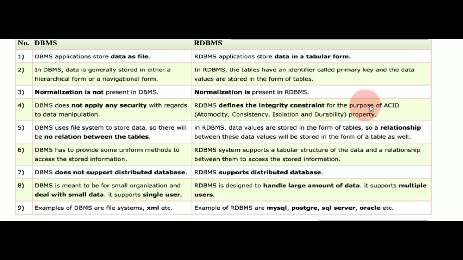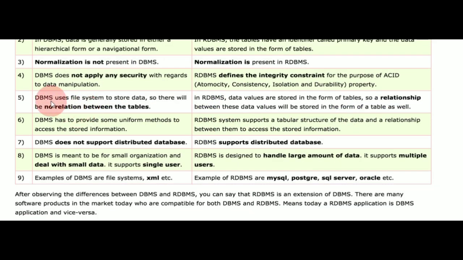So here we are going to use different properties called ACID properties, that is atomicity, consistency, isolation and durability. Okay. Next, the fifth difference: DBMS uses file systems to store data, so there will be no relation between the tables. Generally we do not have tables at all, so there is no relation between the data we are storing as part of the file system. But in RDBMS we are storing data in tables, and these tables in turn have relationships with each other,